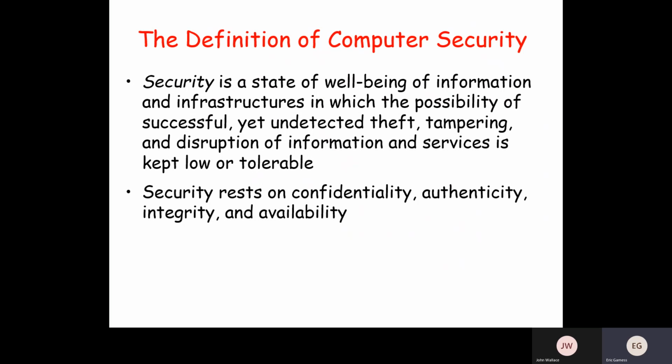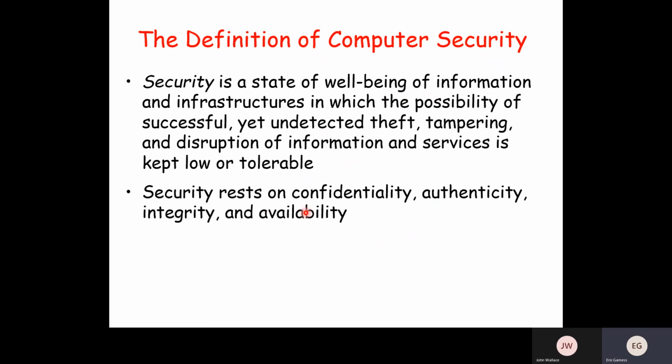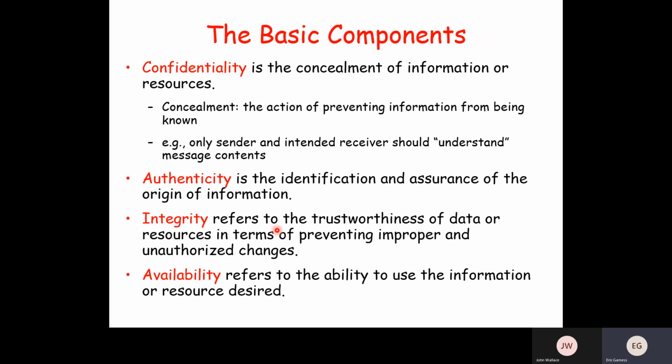So your bank account can be attacked, as you know. Anything that is on the internet is accessible from almost everywhere in the world. So there are threats that are very important. There are 4 things that are pillars of security: confidentiality, authenticity, integrity, and availability. We have a slide to explain what each one is.